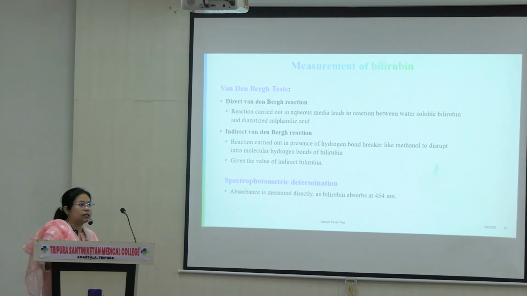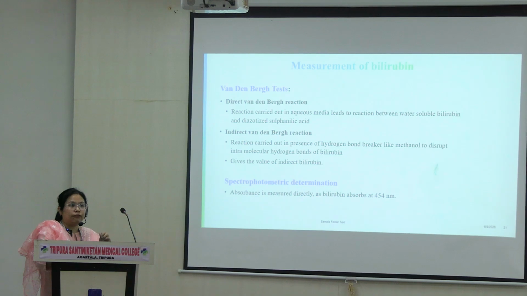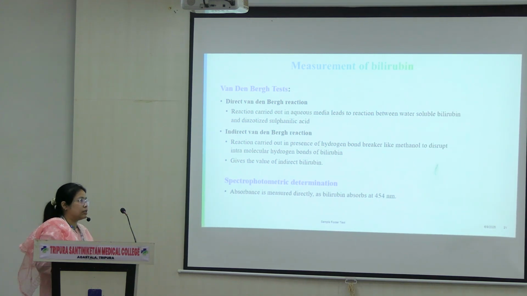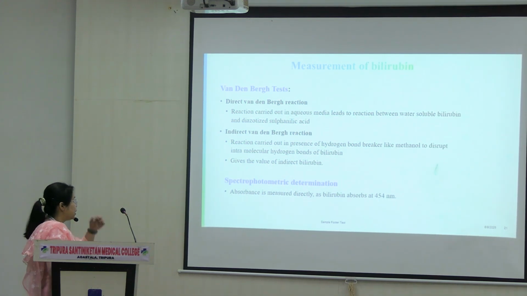Now let's say a sample has both conjugated and unconjugated bilirubin. How will we measure it? First, we add the serum sample that contains both bilirubins. Then we add this reagent, which will give us, let's say, no color. We'll add a color. If the colored product is immediately seen, then we say there is direct. If both of them are seen, then we understand that both direct and indirect bilirubin are present in that particular serum.